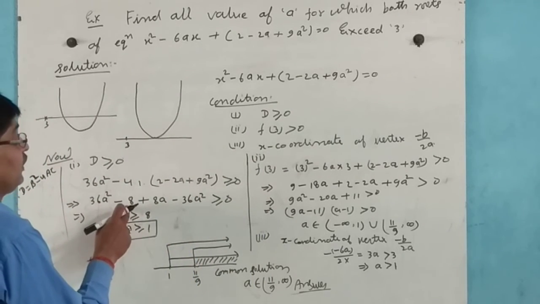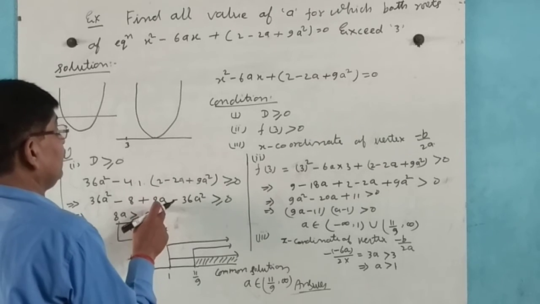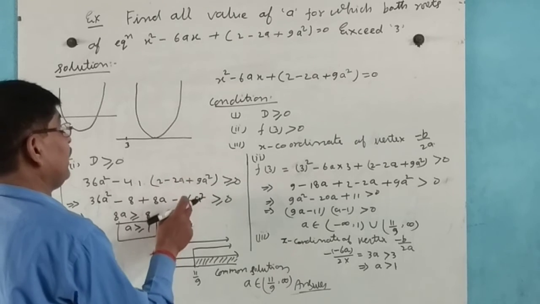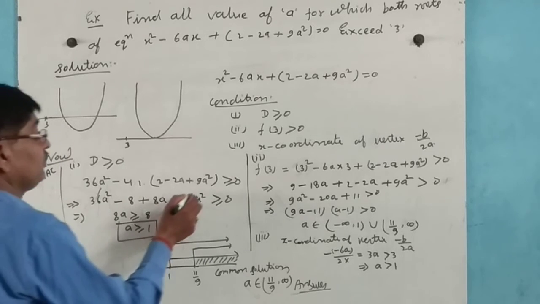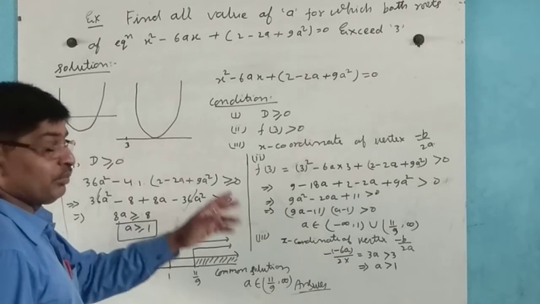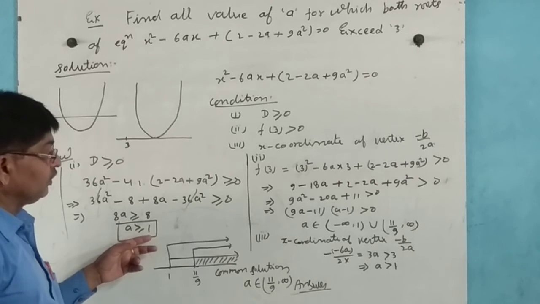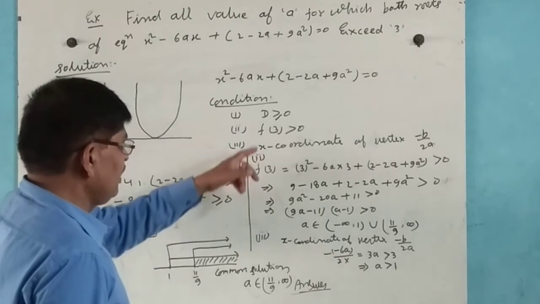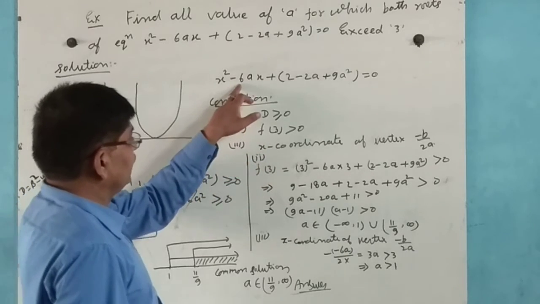36a square minus 4 2 is 8, and 4 2 is 8, minus minus plus, and this becomes minus 4 9 is 36a square. This and this cancel, and here 8a comes to this side, and a greater than or equal to 1. This we get the first relation with the first condition, and second f(3), putting the value of x in this